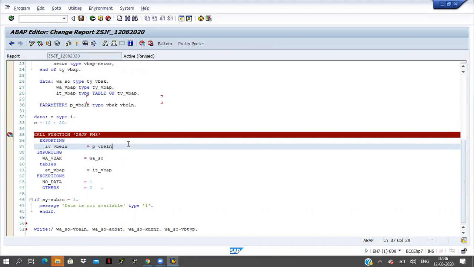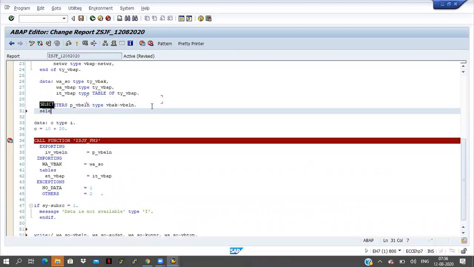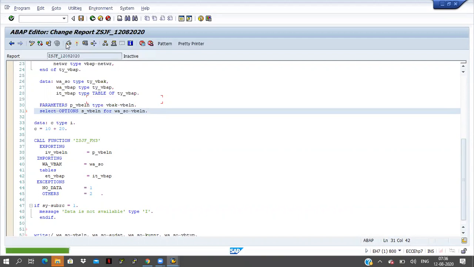Now my requirement is I have to pass the select options. In the function module, I am passing the single variable p_vbeln. Select options means it may contain multiple values also. Here I will declare one select option, S_VBELN for work area SOVBELN. Save it, check it, and activate it.